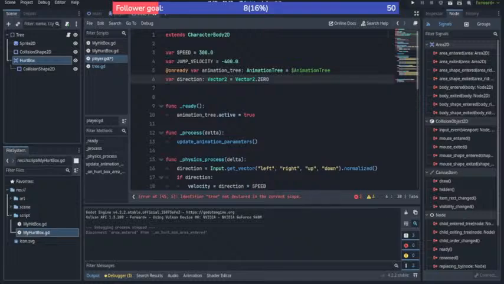We can leave the extend node because we will need this. And we want to specify the class name, and the class name is health. Now when you save this script and go to the add child node, you can search for the health at the top. It doesn't matter this icon here. Okay, so we have health in the player. We want to add also the health to edit our health. Okay, so I want to show you how to implement this in the way that can be used across multiple